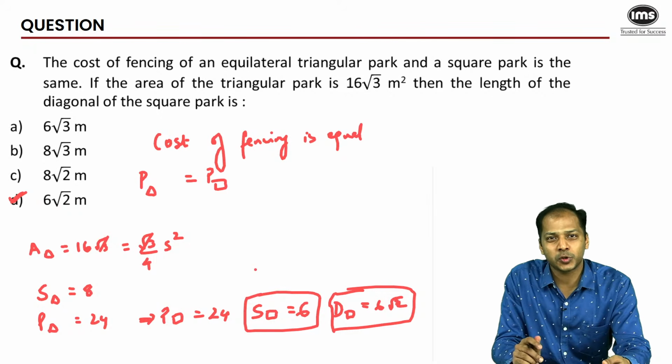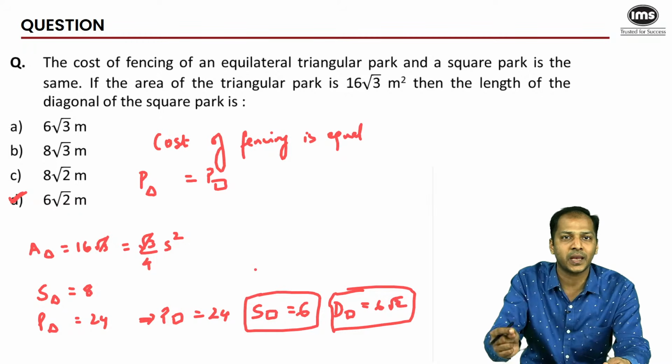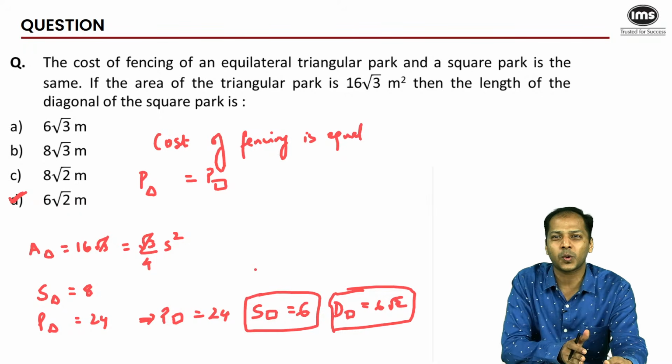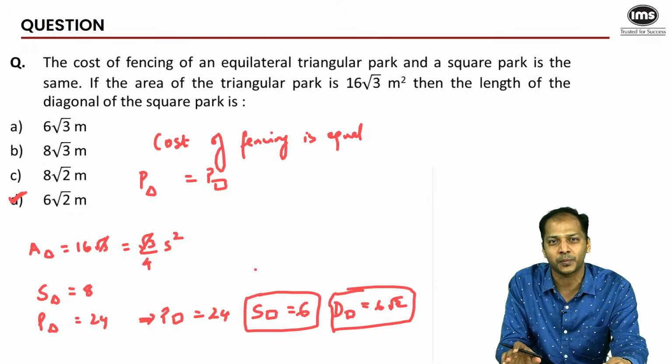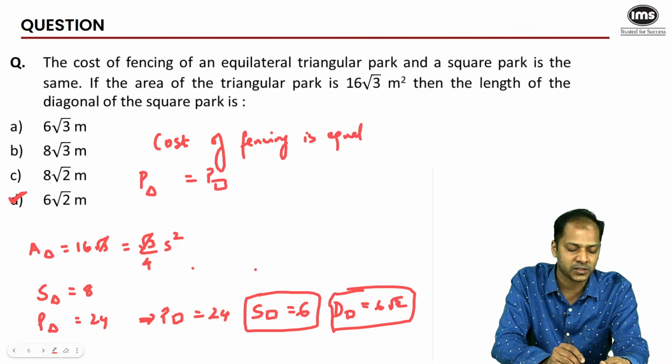So although it appears to be a little lengthy at the outset, because you would first have to start from the area, then move on to side, and then the perimeter, the structure is quite straightforward, or it's quite easy. The calculations were also very simple. So yeah, all the questions till now that we've come across have been quite straightforward, must do type A questions.